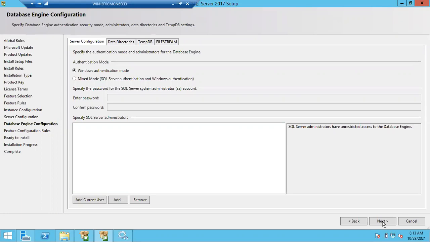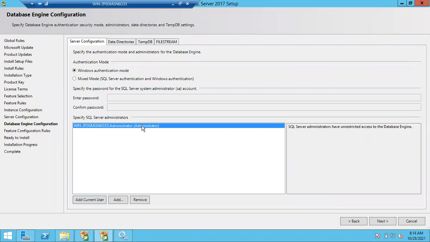To whom are we going to give access here in the screen? Usually, add current user. Add current user will do one thing. Next, in the organization, to whom will we give access? For example, you just selected current user. What does it mean? The Windows authentication user who logs in to the Windows server, the administrator, can access the SQL server. That means only who is in this list can connect. Other DBAs can't connect. Agree?